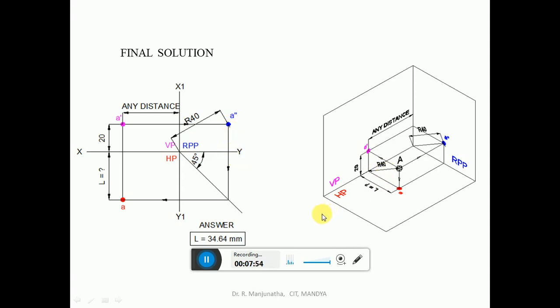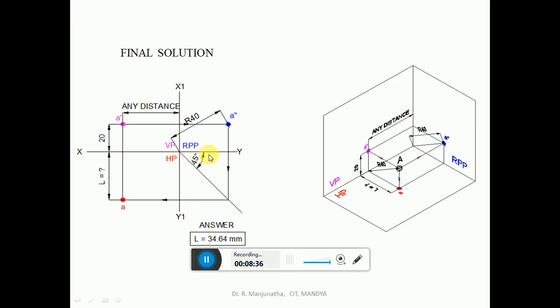But when you look from the side view, we can see the shortest distance which is given with respect to this XY line. So when it is projected onto RPP, the line will come here, which is the distance 40 mm. When this is rotated by 90, it will go to this side, so it will come here. So from here, by taking the compass, measure a radius of 40 mm and cut an arc on this horizontal projector. Where it cuts, that point will become A double dash. So in that case, this is the distance above HP and this will be the distance in front of VP.